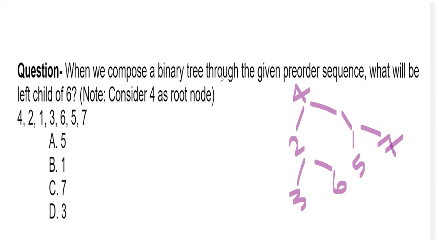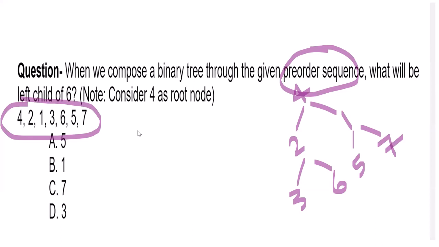But what wrong have you done? You have missed this word which is written: pre-order sequence. Pre-order sequence means what is given is actually the pre-order sequence. In pre-order sequence, as we learned in our previous video also, as we start traversing from the node and going down like this, right, I hope you remember, whichever arrives first is noted down. It means 4 arrived first, then 2, then 1, then 3. And since there are 7 nodes here, it is clear that the height will be 2.